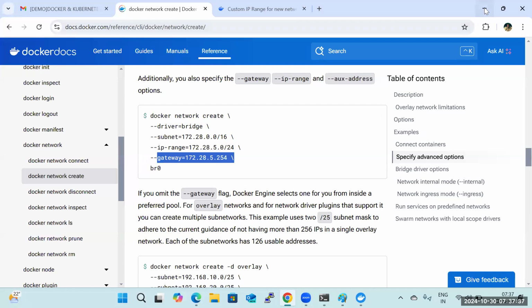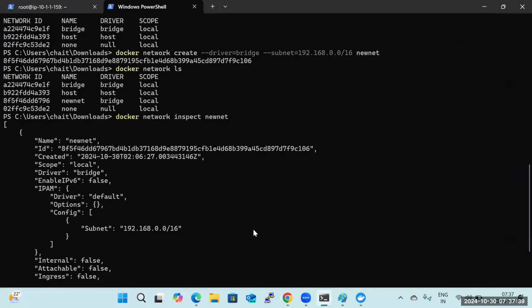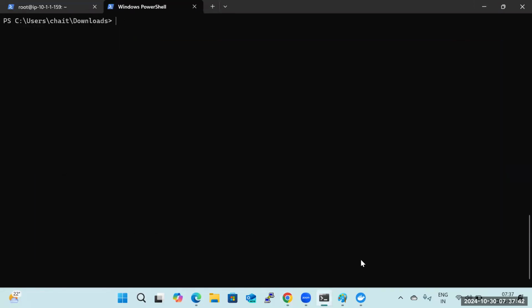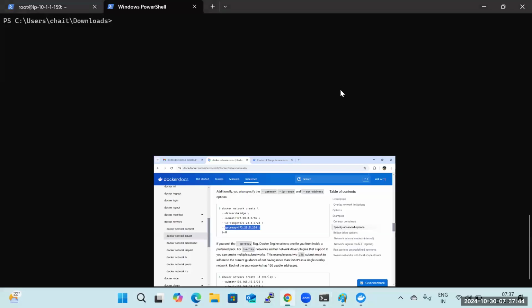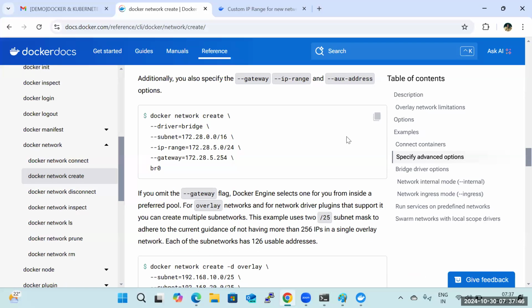That's it. Can you show that command again? I have a doubt. Here they have mentioned a CIDR for the subnet, then again a CIDR for the IP range, and for the gateway. Have you read this? What is this saying? IP range means